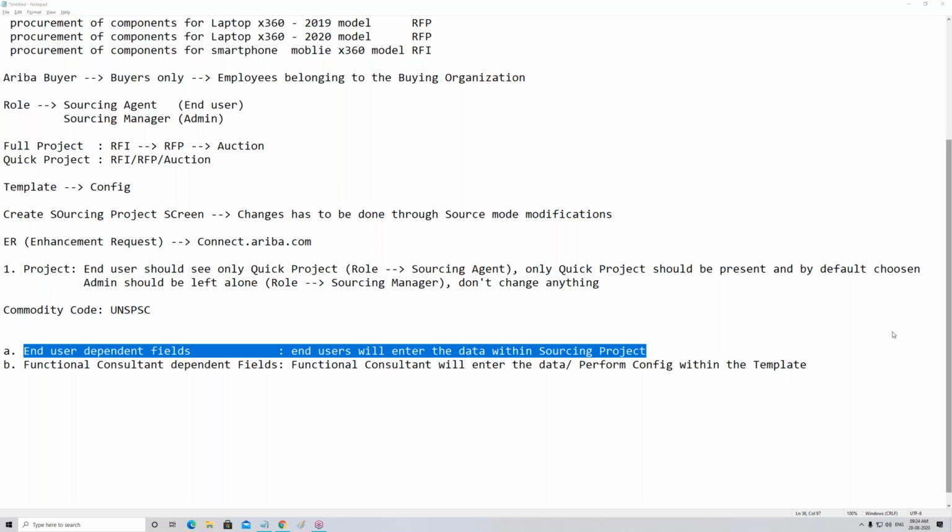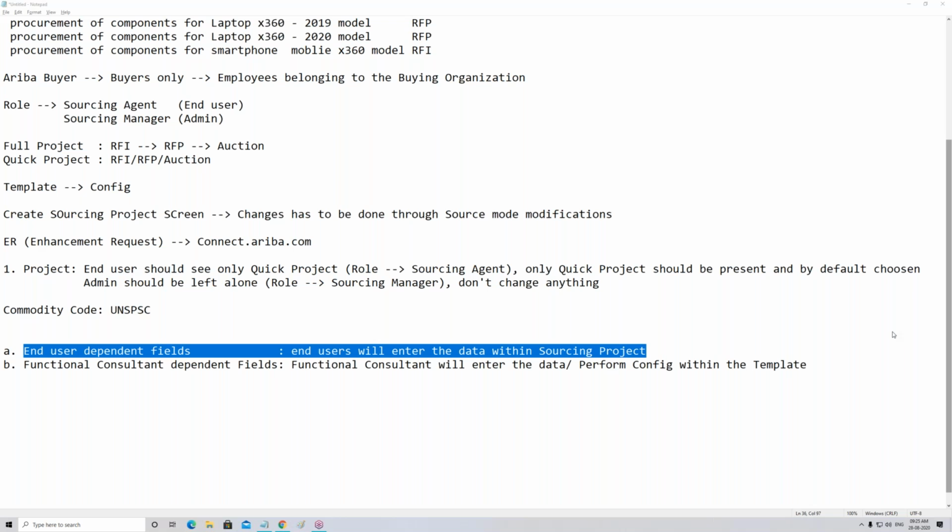So when we go to the template configuration session, the first thing I am going to spend a little more time on is the design approach: what the different design approaches are, what the advantages and disadvantages are, and then I will leave it to all of you to select which option you should take up.